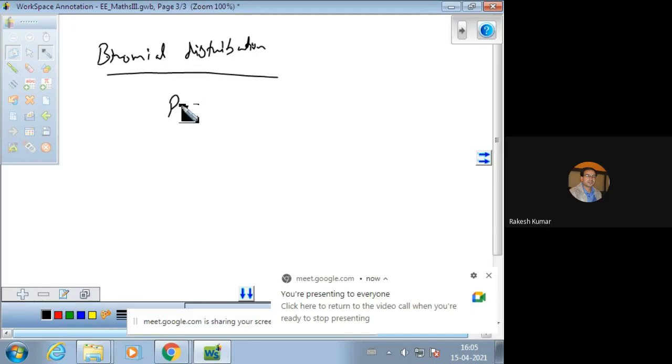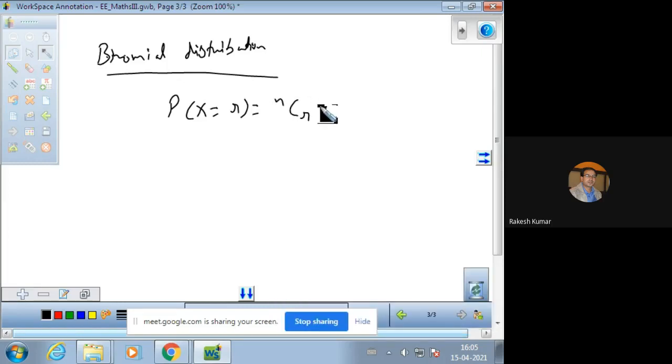So you know that the probability of r successes out of n independent trials is q raised to power n minus r and p raised to power r, and r takes the values 0, 1, 2, and so on up to n. This was your formula. Sorry, r takes the values from 0 to n. This was your formula of a binomial distribution. Let us discuss a few more important questions related to that.